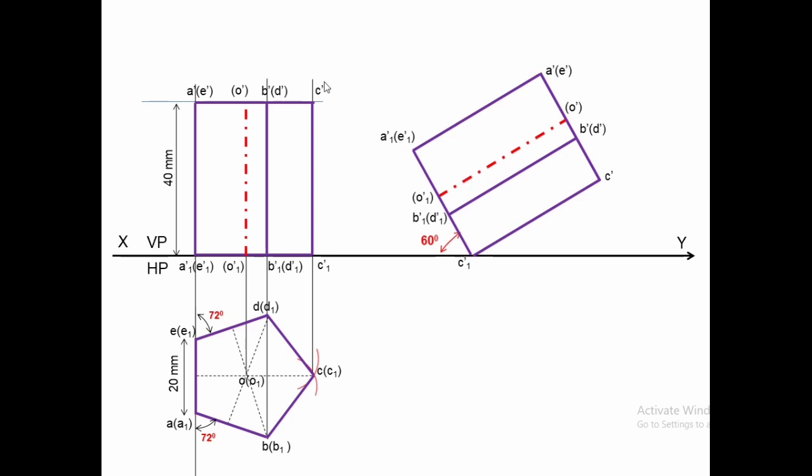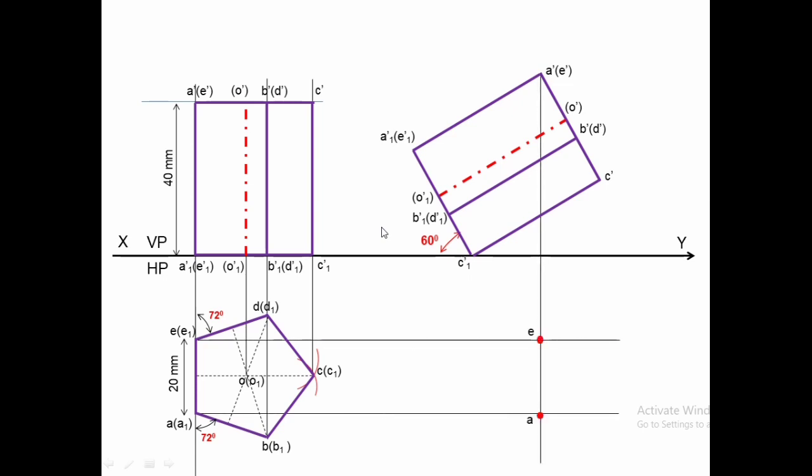That means you are reproducing this figure from here. It's redrawn by tilting the base by an angle of 60 degrees. Draw the projectors. If you want, you can drop all the projectors at a time, or you can draw one by one. Now the topmost corner is AE. So AE I have drawn here, from E I have projected, will mark the intersection points.